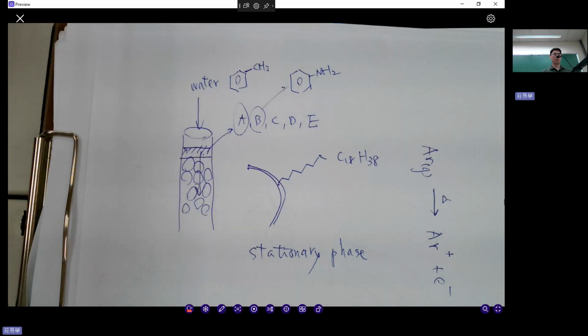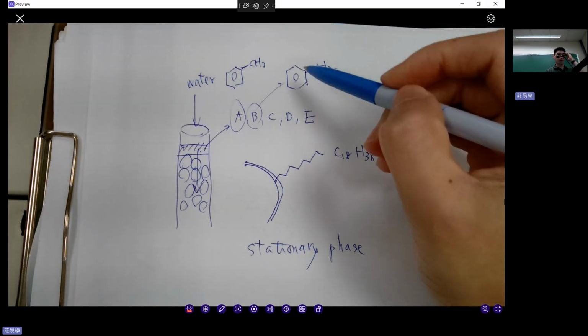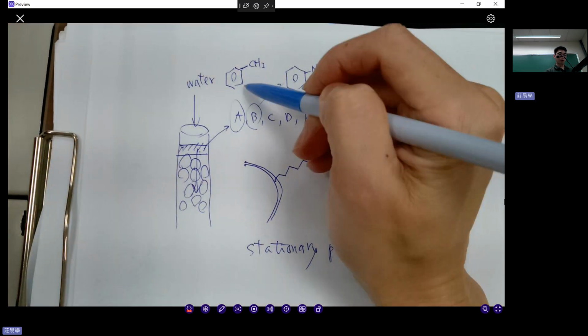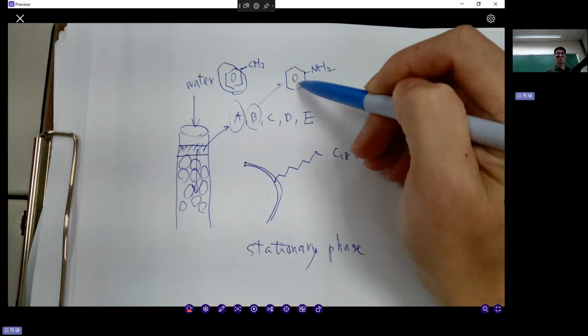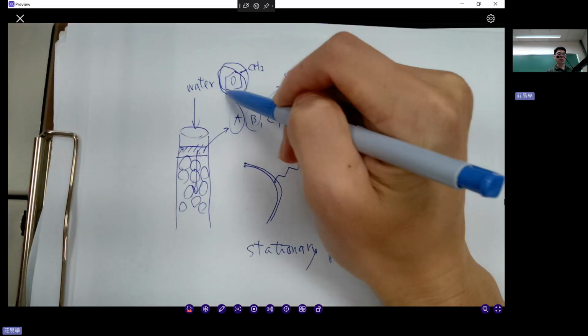Is it toluene or is it aniline? Which one is moving faster than the other one? Aniline is moving faster than the other one. Okay, that's probably correct. That's because we expect that in both compounds, the aromatic ring has